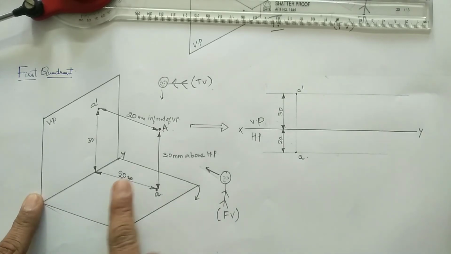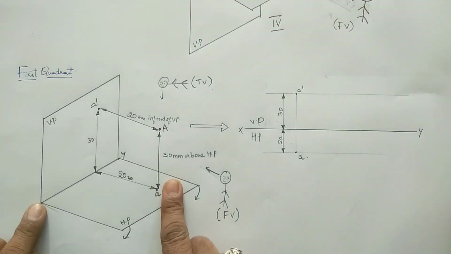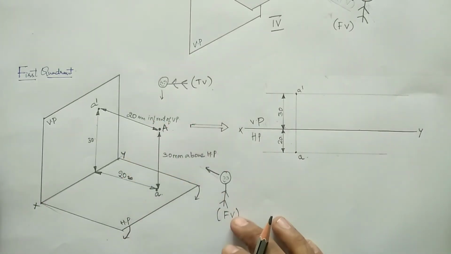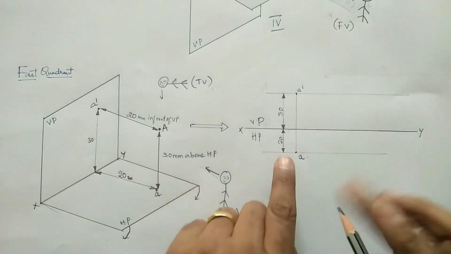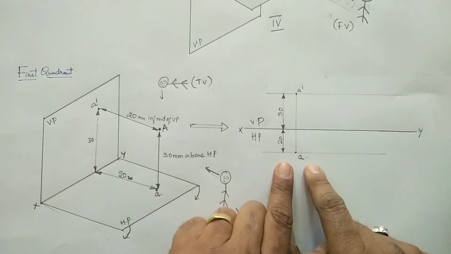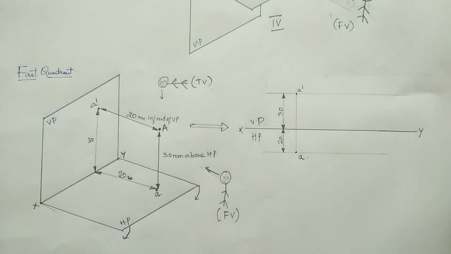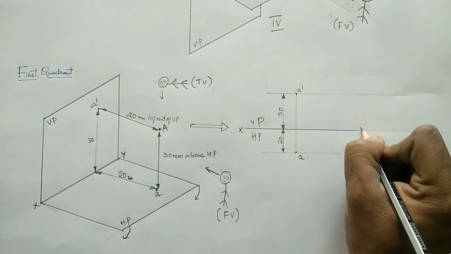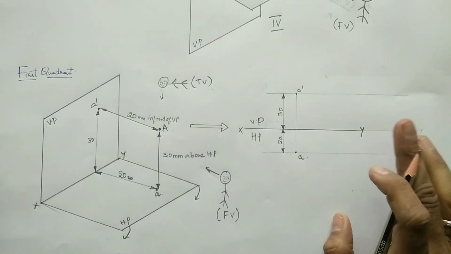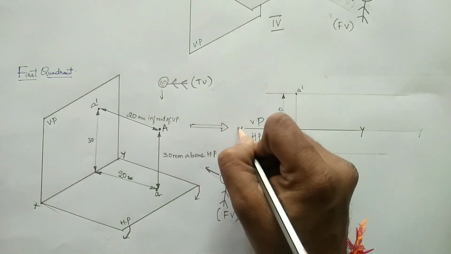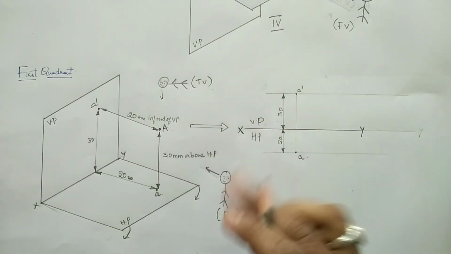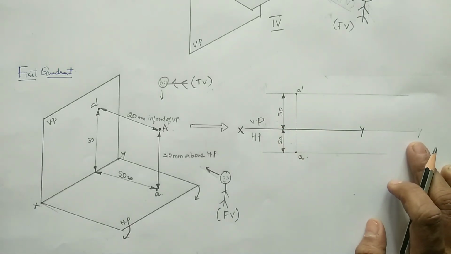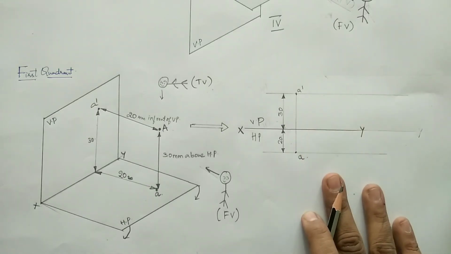This part is for your understanding of the position of a point and how it is located in a 3D projection. The final concept you need to draw is this one, which is our 2D projection. Wherever you want, you can reduce the line to your comfort. Therefore XY is the reference line, and in the first quadrant, above the XY line will be the vertical plane and below the XY line will be the horizontal plane. So this is the explanation of the first quadrant.